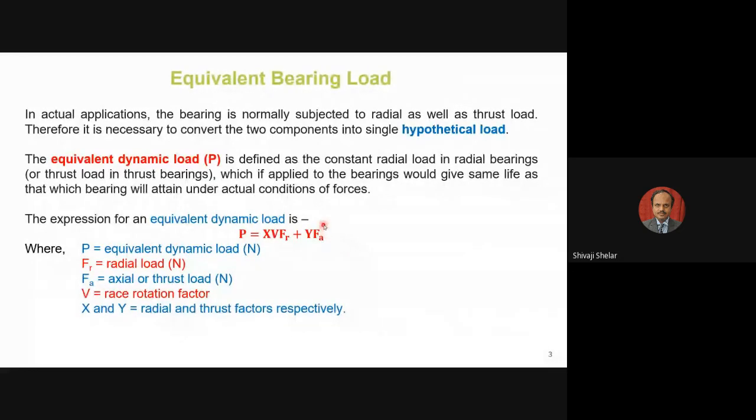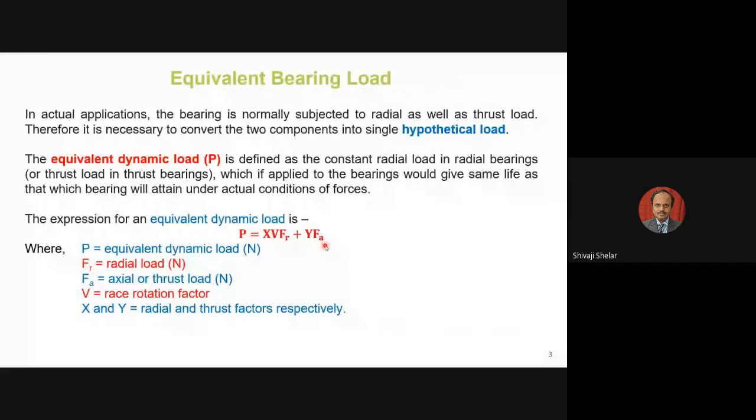Mostly when we are using a gear mounted on the shaft, and if the gear tooth surface is worn out, then only you can apply the service factor, multiplying it to this whole summation. So you can calculate the equivalent dynamic load, which will then be the enhanced equivalent dynamic load. In this, capital P is the equivalent dynamic load, Fr is the radial load in Newton, and Fa is the axial load at that bearing. So Fr and Fa are the radial and axial components of the load supported by that bearing.